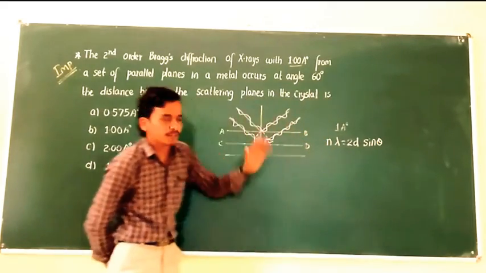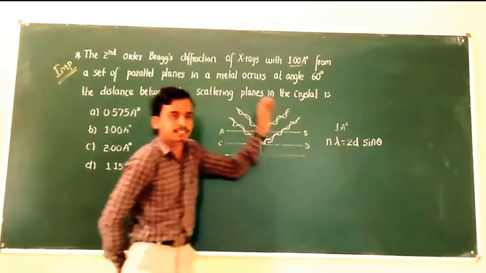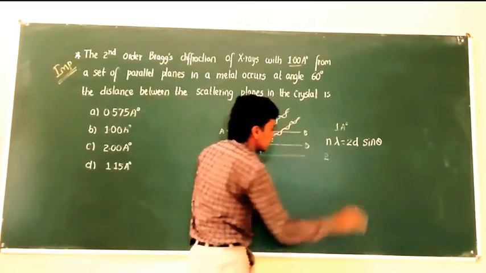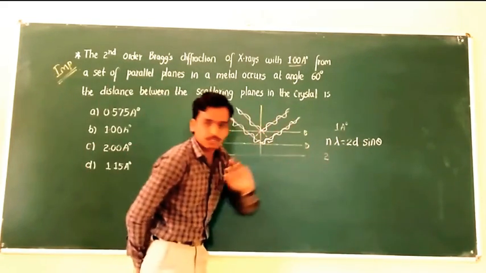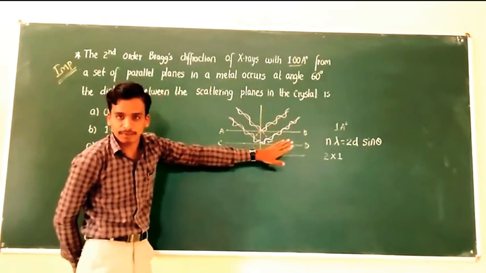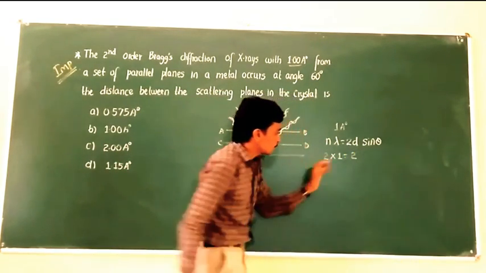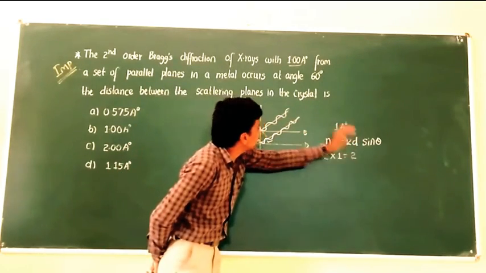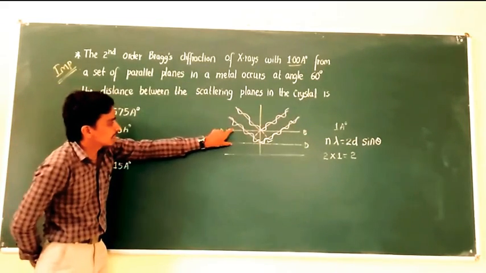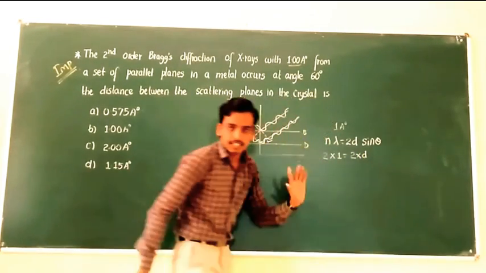Okay, this is the formula we already derived from this X-ray diffraction study, and this n is nothing but the order of this diffraction, that is the second order, so you can clearly substitute n as 2. The wavelength we are using is 1, that is given to you. Therefore, in place of lambda you can substitute 1, and next the 2 is a constant, as it is, and this d is in meters. It means the distance between the two scattering planes, and this distance is nothing but d, which we are going to calculate. Therefore, write d as it is.